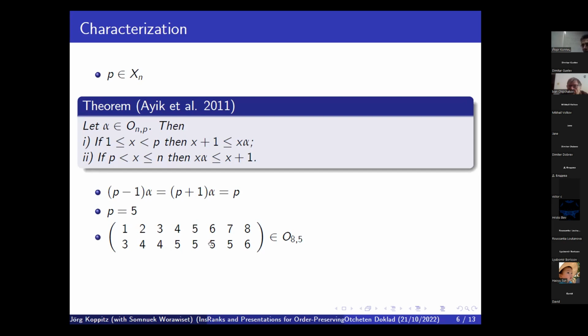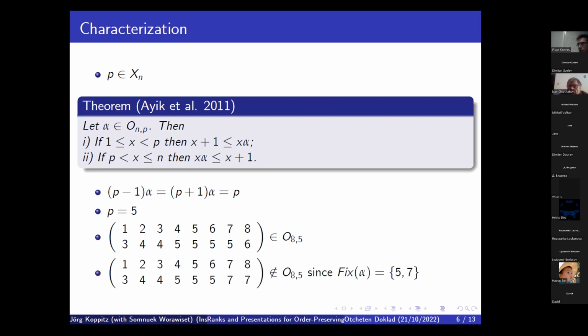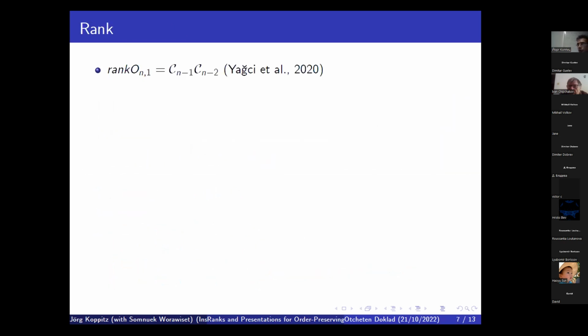so from these elements. Okay, this is no element in our semigroup, almost the same, but look, here is the difference. Here you see this semigroup has a second fixed point, and so it no longer belongs to O and 5, because I recall 5 is the only fixed point in this semigroup. So just to see which kind of transformations we are looking at,